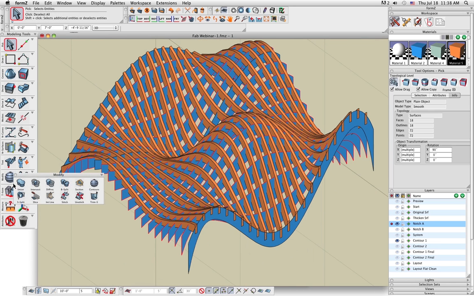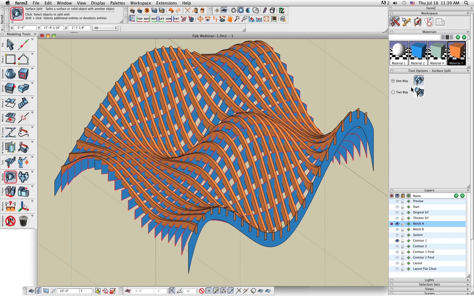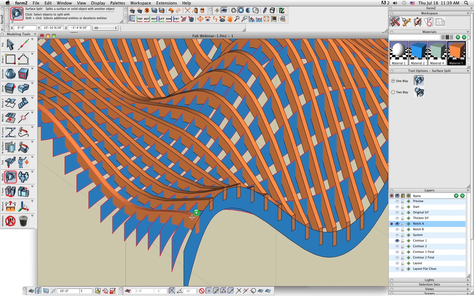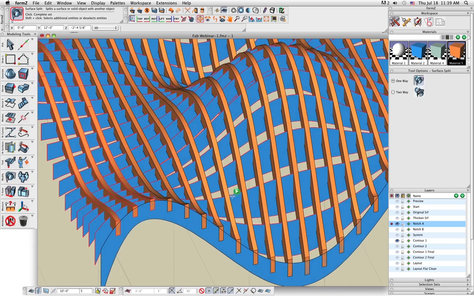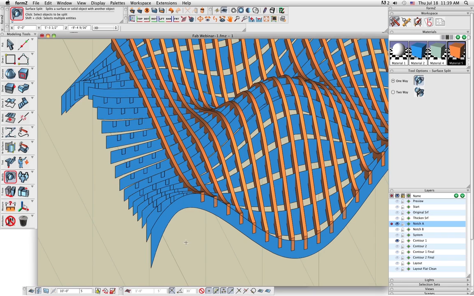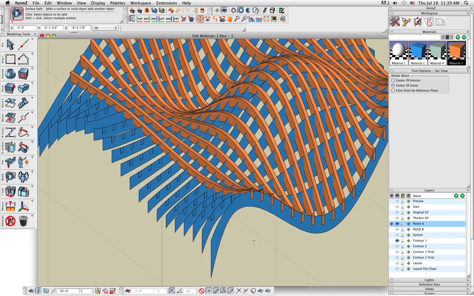Now I'm going to do a surface split under the modify toolbar. I'm going to do a one-way split, and then using the shift key, I can select multiple objects, but I'm only going to do the first 3 just to speed up this process. But essentially you would click all the notch A contours, and you can execute the command all at once. So I click here on the screen, and it executes the command,